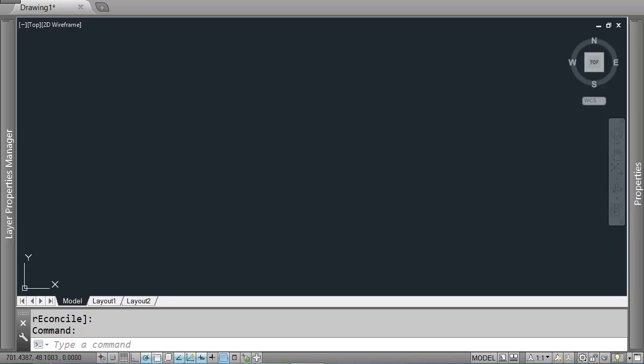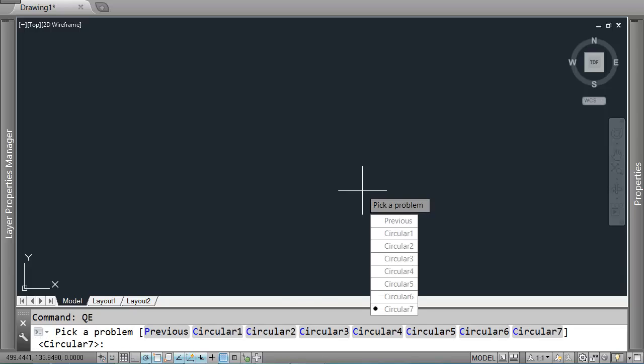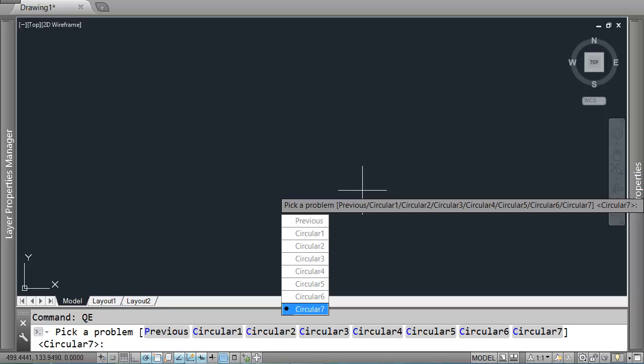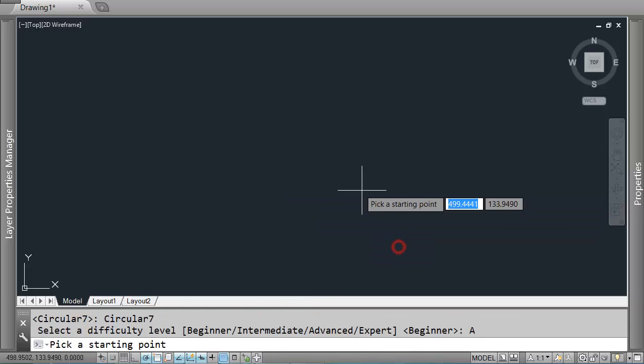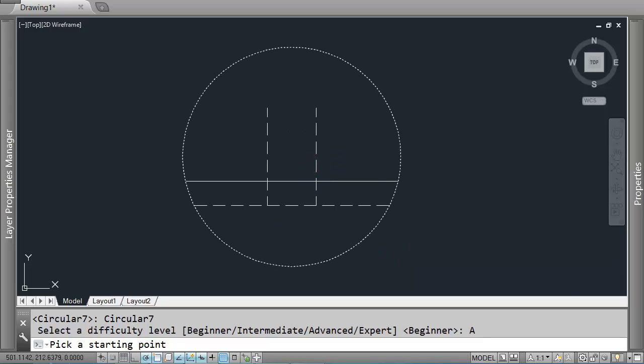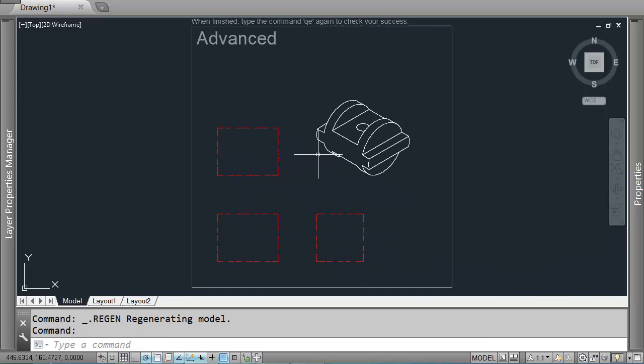Good morning, students. In this video I just wanted to point out some of the ways that you can create the more intricate or complicated circular feature drawings in the quick exam at the moment. So I'm going to go through this problem, circular 7. I'll do the advanced level solution for it, and hopefully I'll talk about some of the ways that we